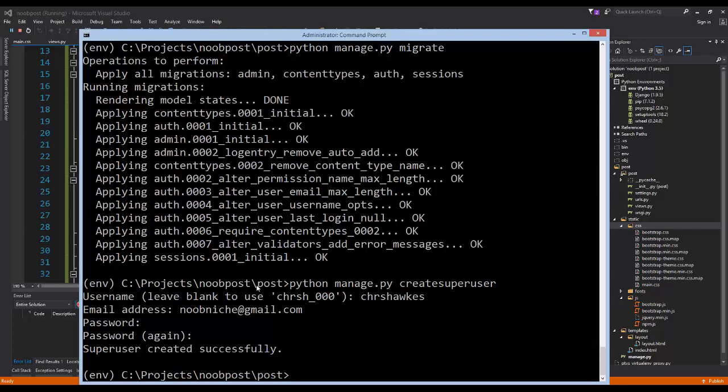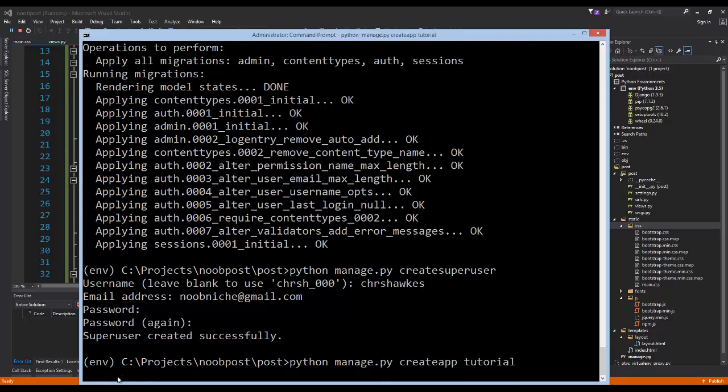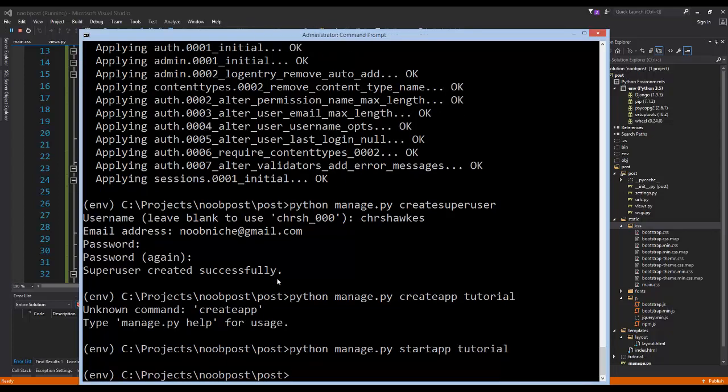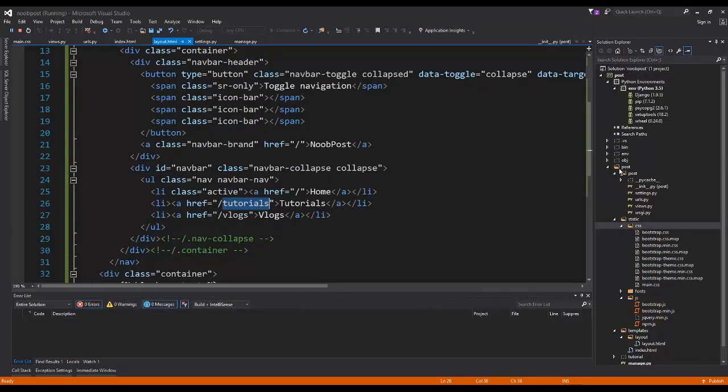And you would do that by going to your command prompt, making sure you're in your virtual environment. And just like we did before with the manage.py commands, we're going to say python manage.py, and then we'll say create app, and then we'll call it tutorial. Or maybe it's start app. Yeah, it's start app, I forgot. Alright, so now that we've done that,